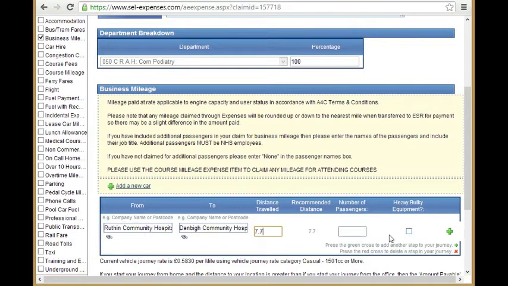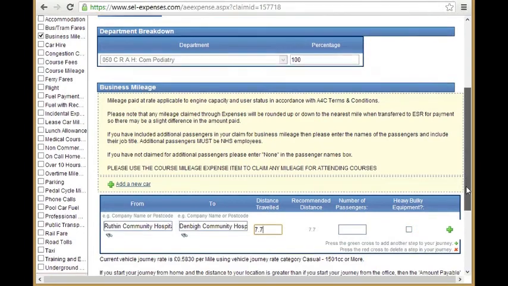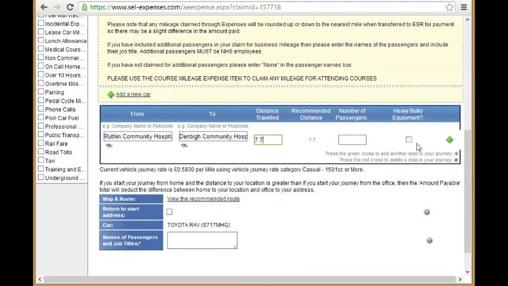Number of passengers, I didn't have any, I'm going to leave it blank, but if I did, I would add some. Heavy or bulky equipment for podiatry and orthotics, unless pre-agreed, I would leave that unchecked. View the recommended route. Now, I can see how it got to 7.7 from this. It's not telling me how I should have done it, it's showing me how it got to 7.7 miles. If I was debating if it was actually taking me to the right place or not with